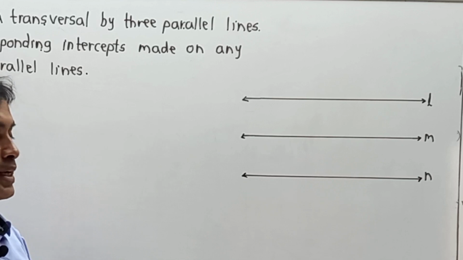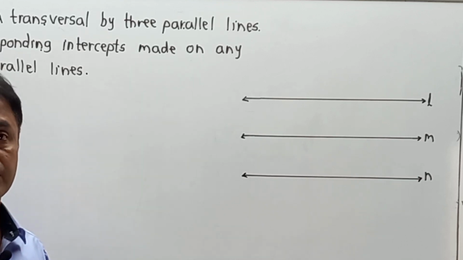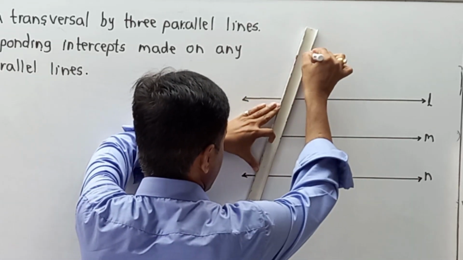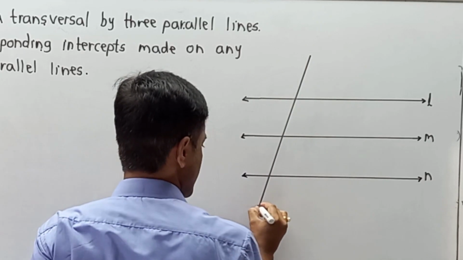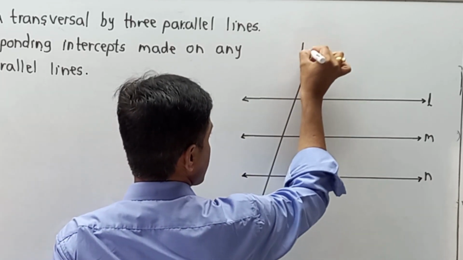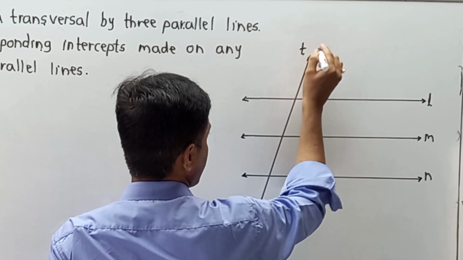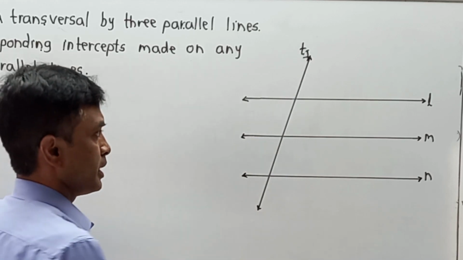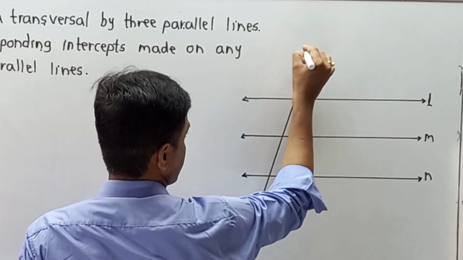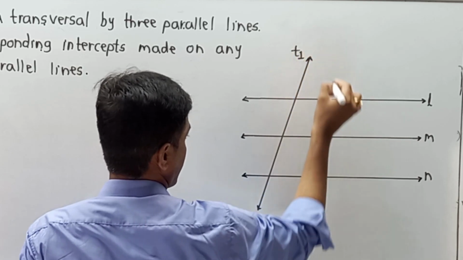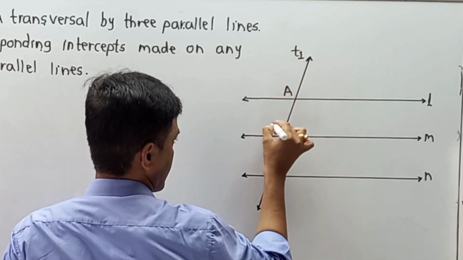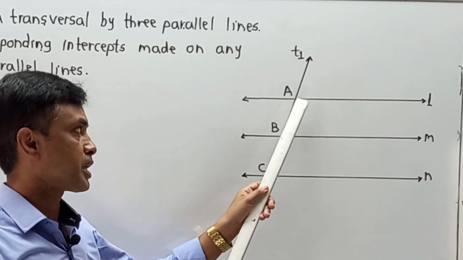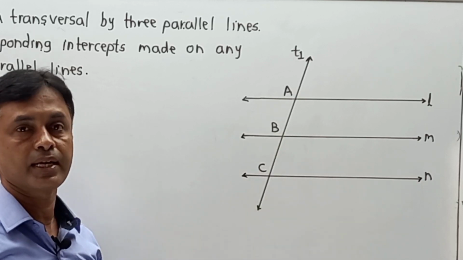Step first. Next I have to draw transversals, plural, means more than one. So here I am going to draw the first transversal. Let us say from a diagram point of view, this is the first transversal, indicating it as transversal 1, or you can say T1. Now transversal 1 or T1 intersects the lines at points A, B and C. Means our first transversal T1 intersects the first line at A, second line at B and third line at C.